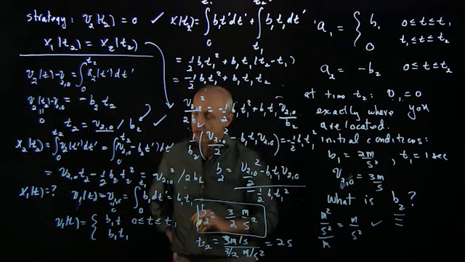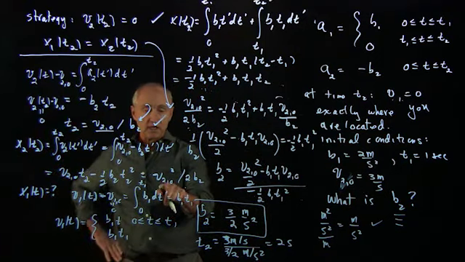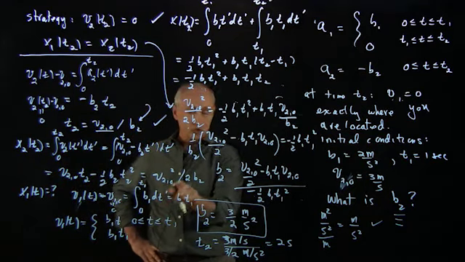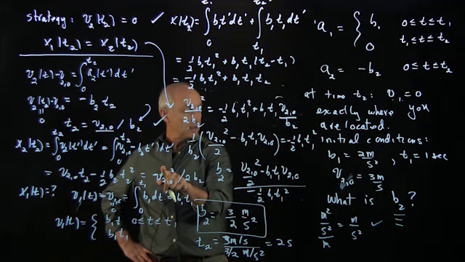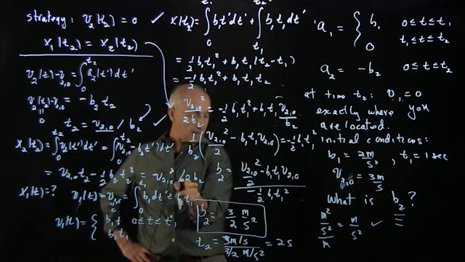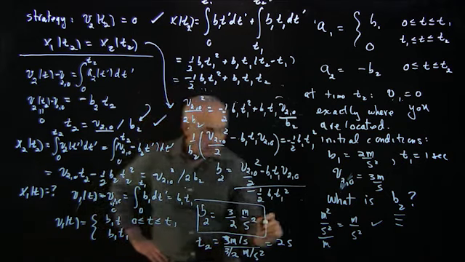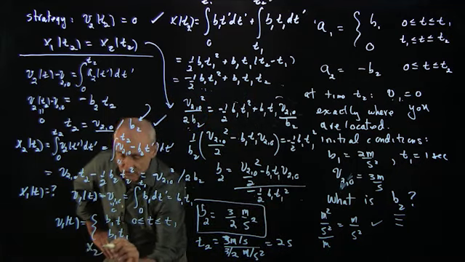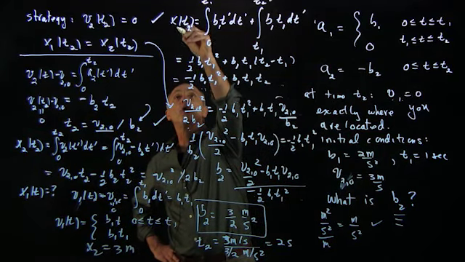And now the last check would be to see that the position functions correspond to that. Let's see if we can just do that quickly in our heads. Our position function for the person is v naught squared over 2b2. So that's 9 meters squared per second squared over 2 times 3/2 meters per second squared. And that comes out to x2(t). This is a check, is 3 meters. And the x1(t),